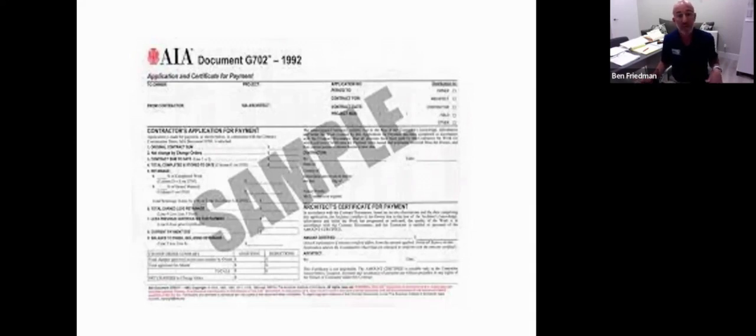So it'll have contract sum. It'll have how much is being asked to be paid for on this pay application, how much retainage is being held back on this pay application, those types of things. Across the bottom in the box, that's real blurry, and I apologize, it'll have also change orders,